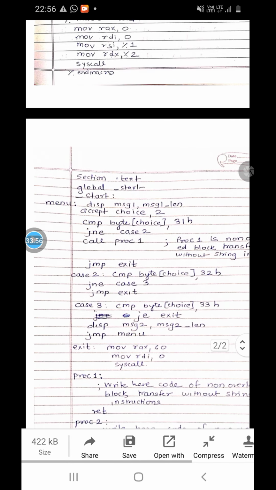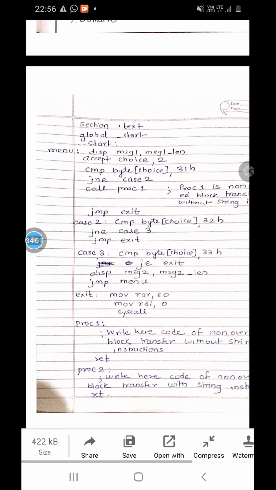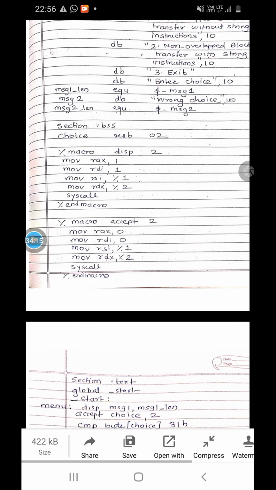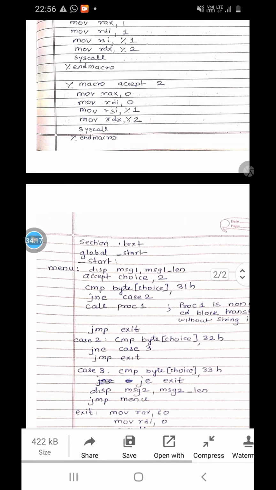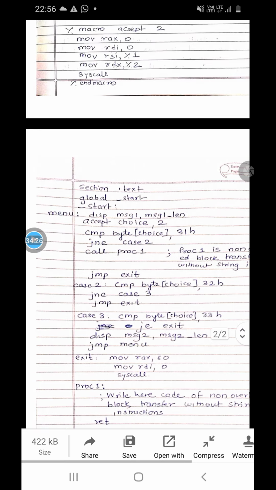So see, section .text, global _start colon. Here we have written first disp message 1 comma message 1 underscore len. So firstly the menu gets displayed on the screen. After the menu, enter choice is also one of the strings that is displayed on the screen. Now we have to accept the choice from the user. So we are calling the macro accept choice comma 2.